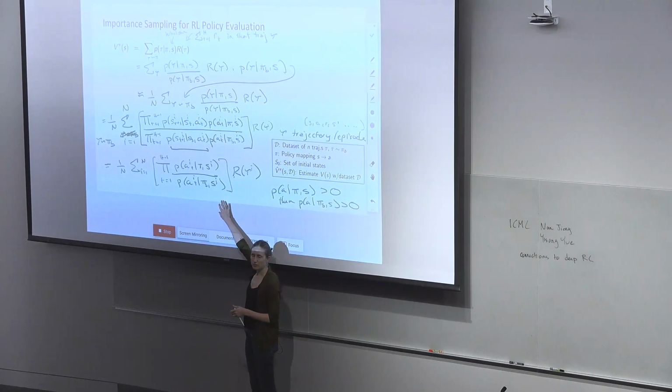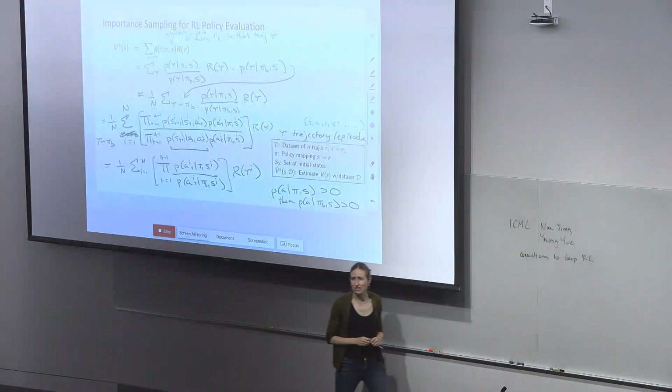And what that will do is it'll make your estimator biased, but it'll make it biased in a particular way, which is downwards. And if what you care about is a lower bound on how good my new policy is, which you might, because you might say, I'm only going to deploy it if it's really good, and if my lower bound says it's really good, I'll deploy it. Then that's kind of a conservative estimate. So sometimes people will just clip these to prevent the variance getting too large.